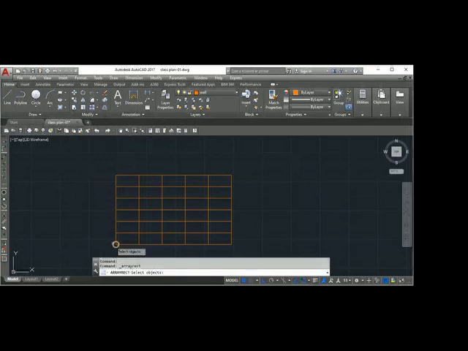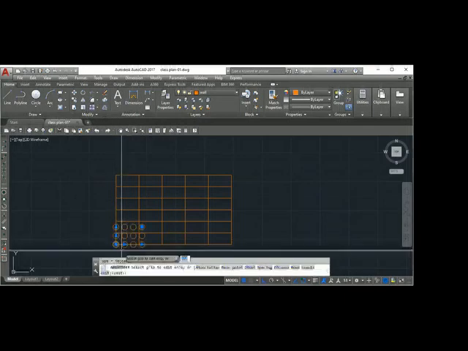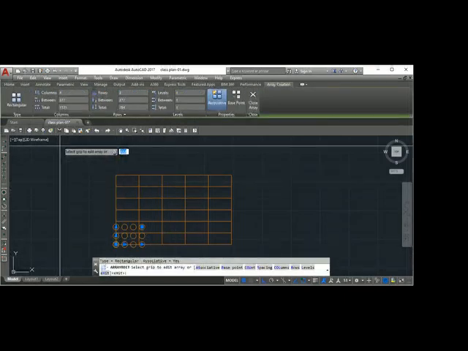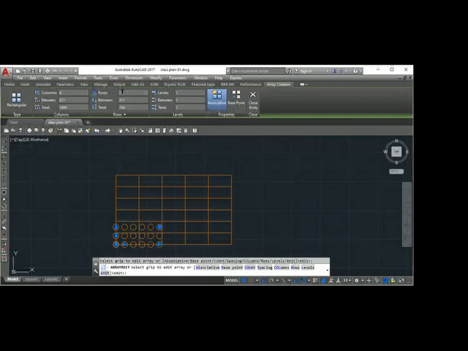rectangular array. Select the object. Now the distance. I have to prepare number of rows 6, number of column 7, distance, I have to give plus or minus now. My original object is here and all my columns are in positive direction. So for positive you need not give any plus or minus, 1000.